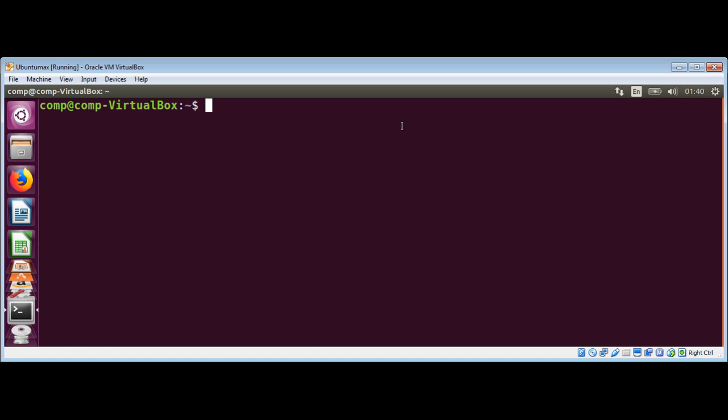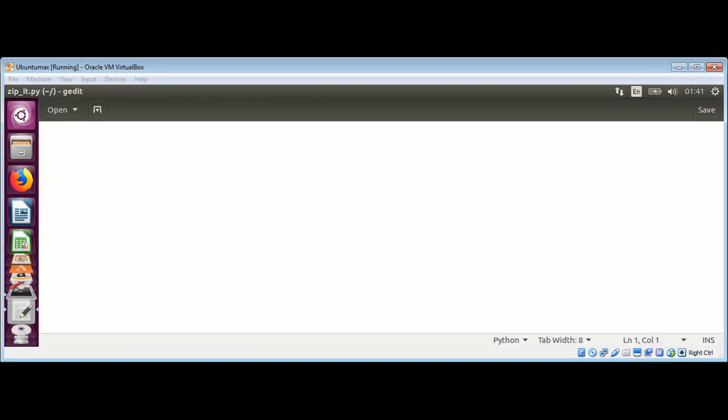In this video, we will create a Python script to zip the directory. So I'm going to use gedit editor and I will call it zipit.py. And first I will import os, and then from zipfile, import ZipFile,